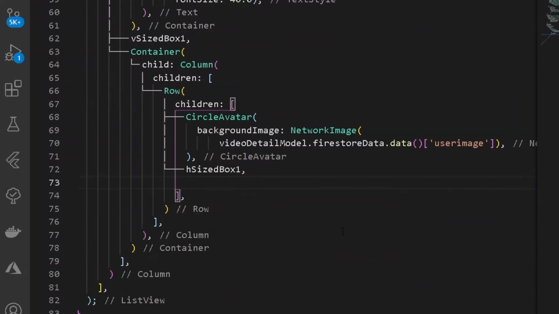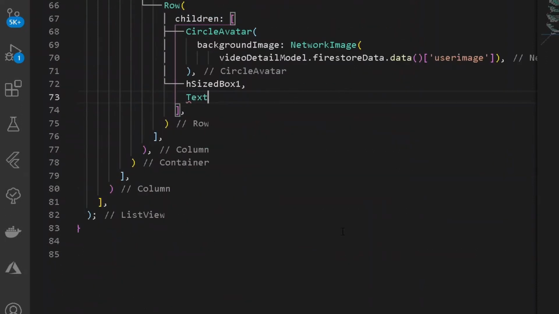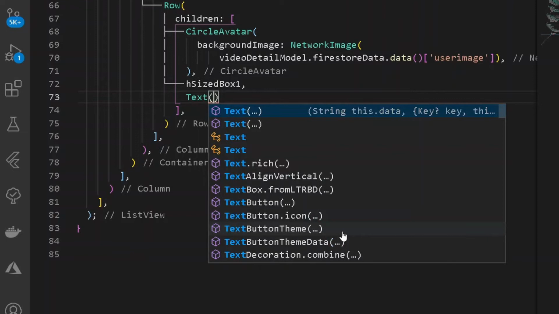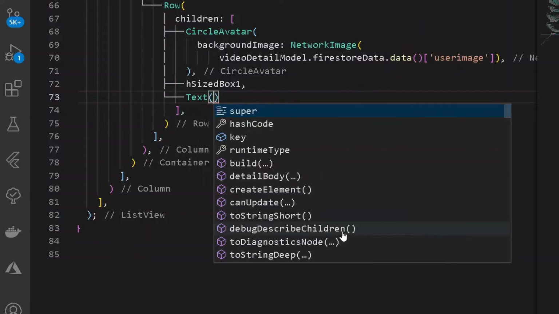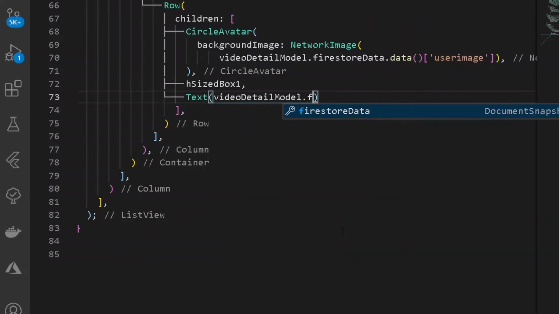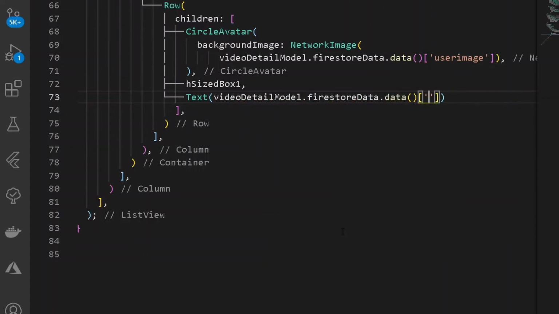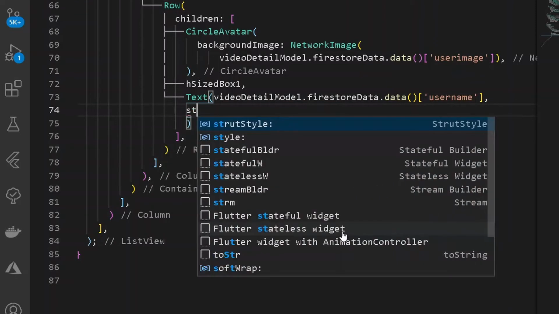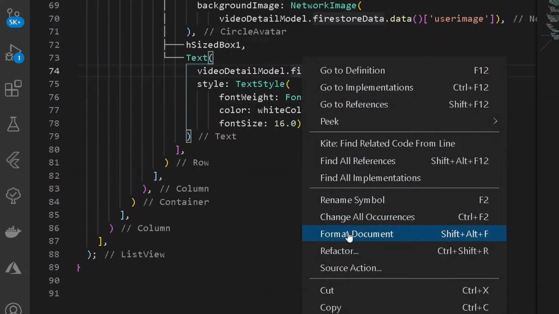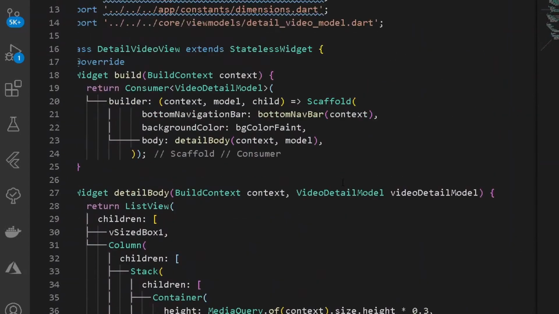After having the width size box 1, let's have a new text. The text shall be nothing but simply showing us the user name. So here let's have video detail model dot Firestore data dot data, and from this let's have user name. Let's have somewhat of styling to it. Once we have done this, let's check out what we have done for now.